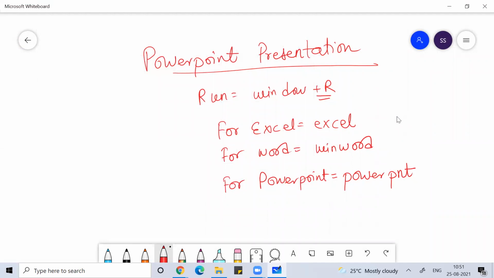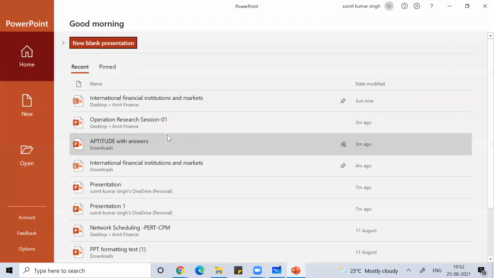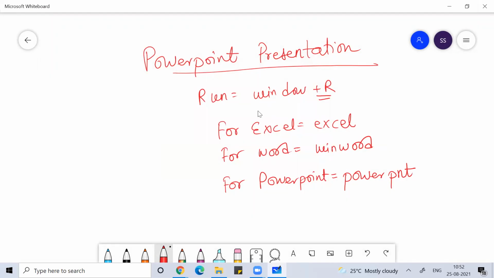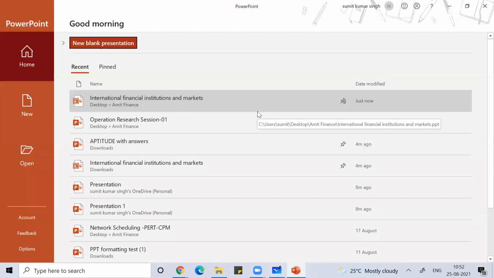If I want to open PowerPoint, I can open it by pressing Control Shift P. Sorry, the shortcut key I created is Control Shift P. The moment I press Control Shift P, you can see the PowerPoint presentation opens.